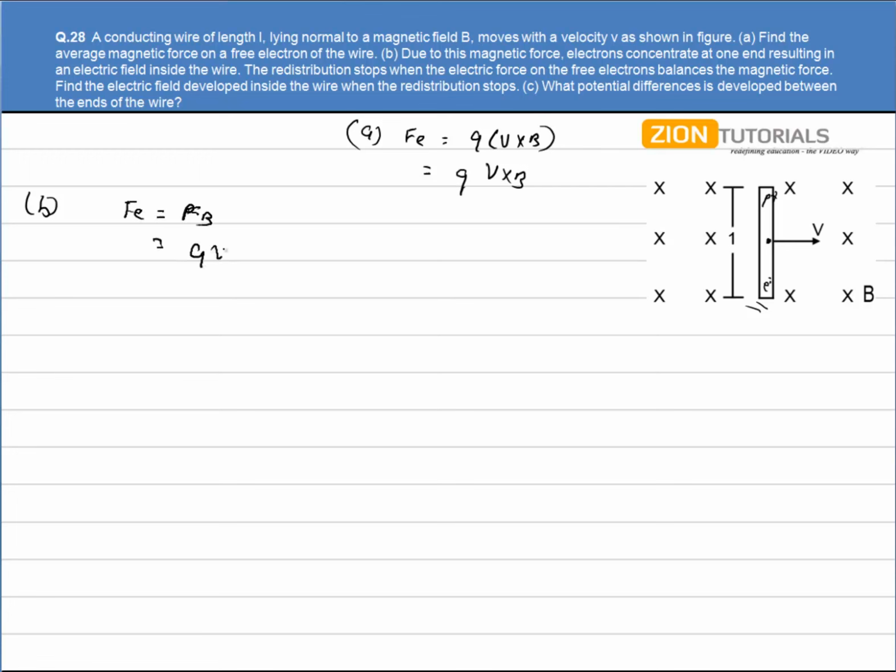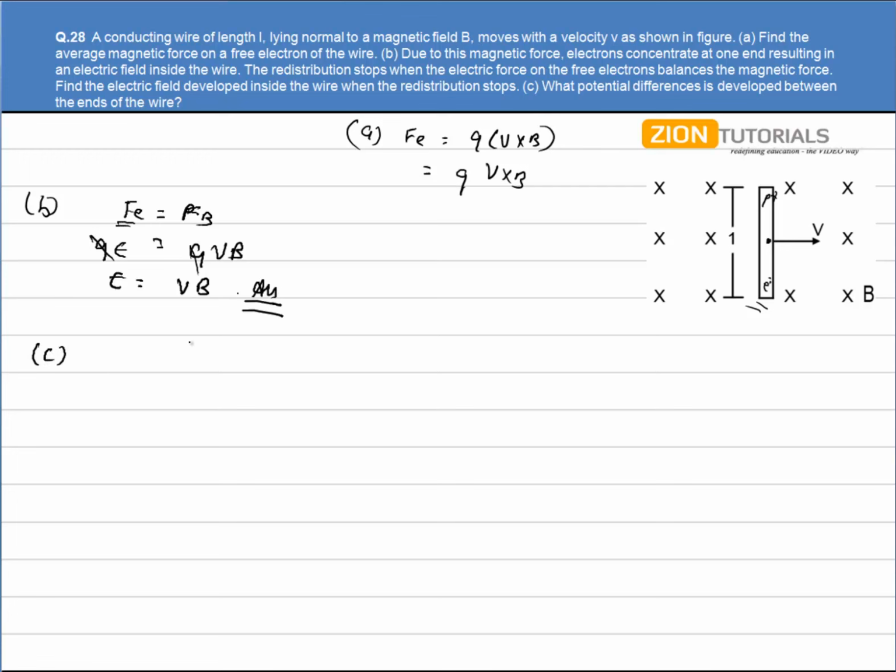Magnetic force is given by qvB and electric force is given by qE. So q is cancelled from both sides. So the electric field developed will be equal to vB. That is the answer. And this third part, I had to calculate the potential difference that is developed between the